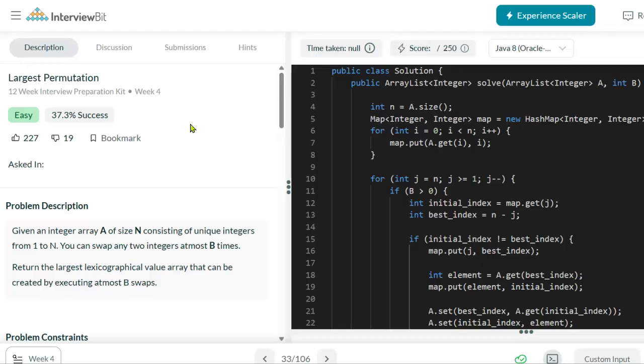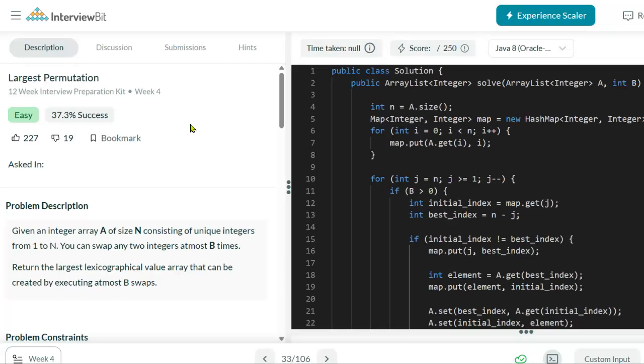So it has nothing to do with concatenating integers. If you concatenated everything, 10099 is less than 99100, but the best case for a largest lexicographical value array is that the largest number in the array is the first element, and the second largest element is the second element, and so on. So the combination of these two things, the fact that we have unique integers from 1 to n,